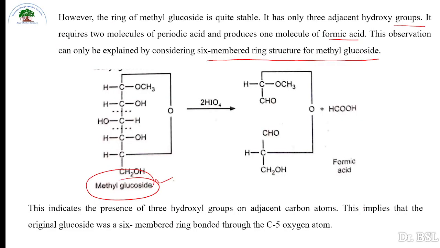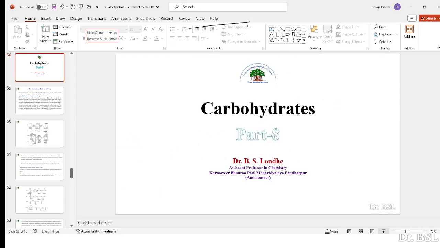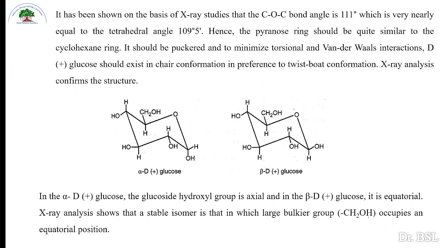This indicates the presence of 3 hydroxy groups on adjacent carbons, that is carbons 2, 3 and 4. This implies that the original glucoside was a six-membered ring bonded to the C5 oxygen atom. It has been shown on the basis of X-ray studies